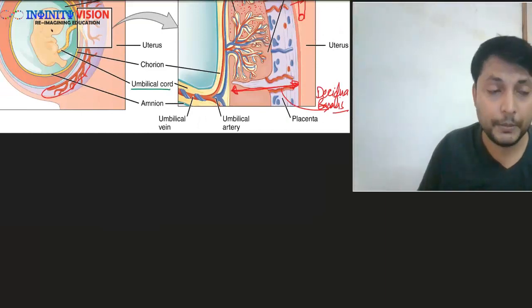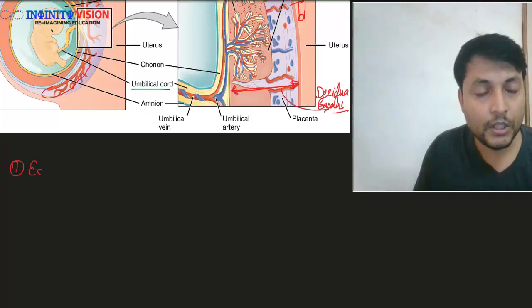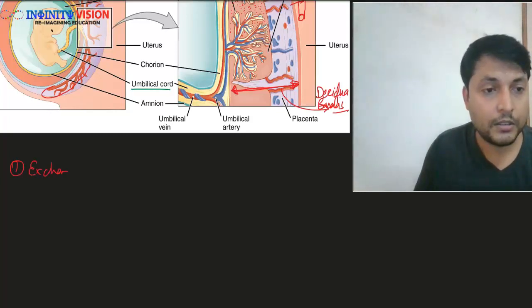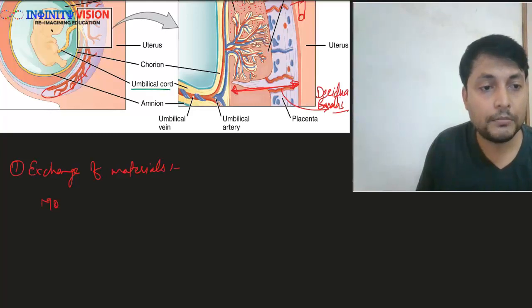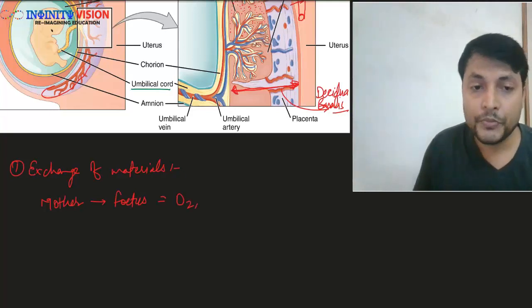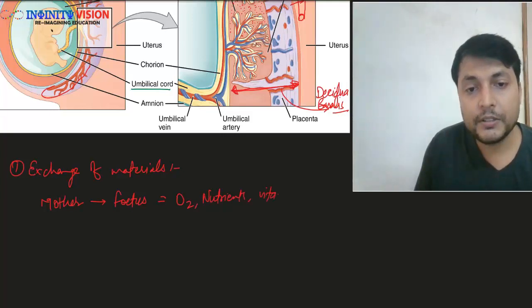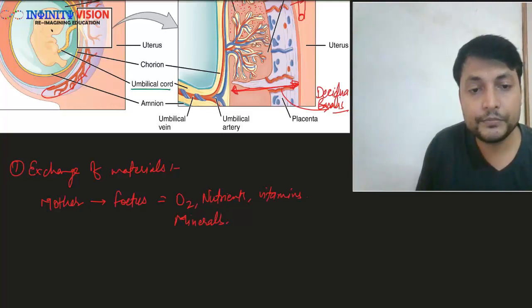Please make a note and do remember them, that the function of placenta is number 1, exchange of materials, जिसमें से from mother to fetus it gives O2, it gives nutrients, it gives vitamins, it gives minerals, it gives water, it gives